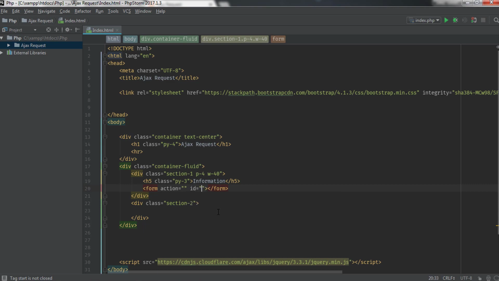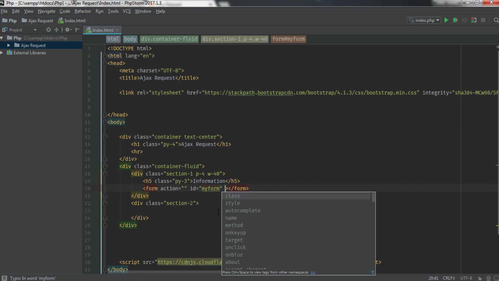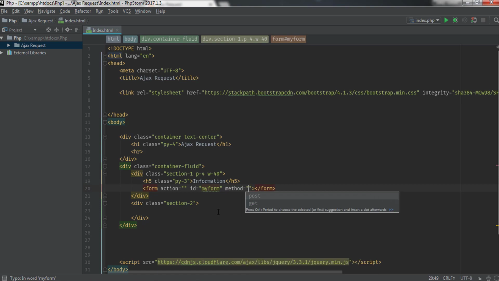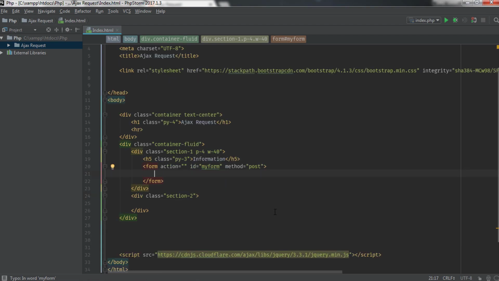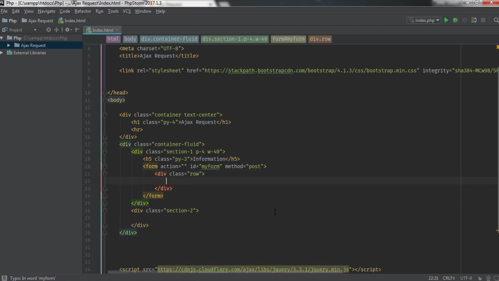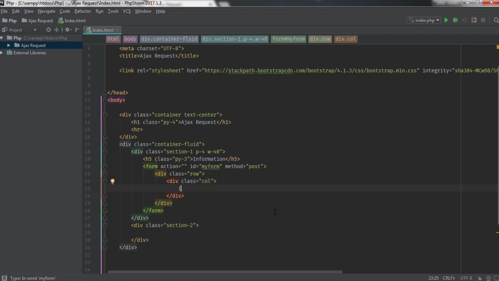We'll specify ID my form, method post, and here I will create a div with the row class. In this row I will create a column, so we'll create a col class and put the input tag over here. Input type text,